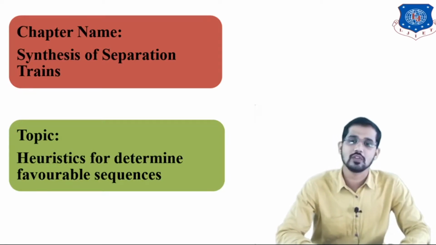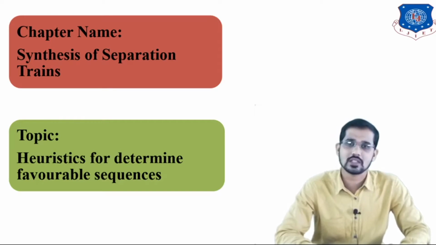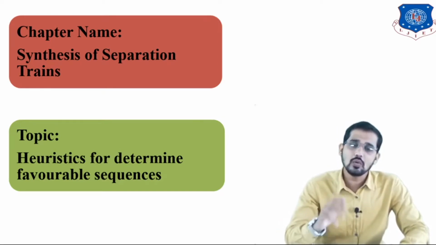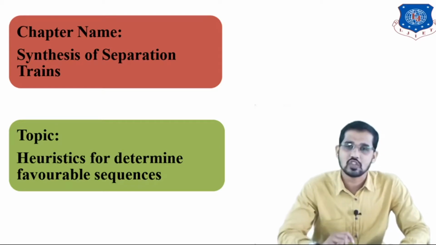So what is the meaning of heuristics for determination of favorable sequences? Heuristics is nothing but rules. So how to use those rules in the determination of favorable sequences of a distillation column, we are going to see